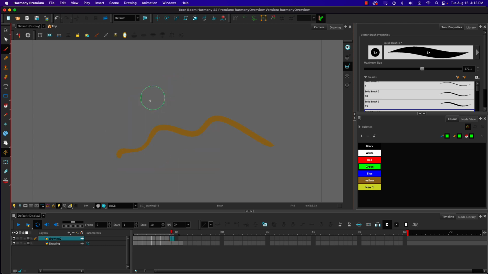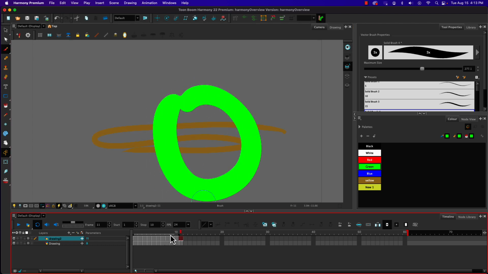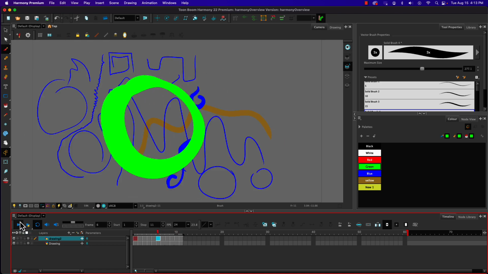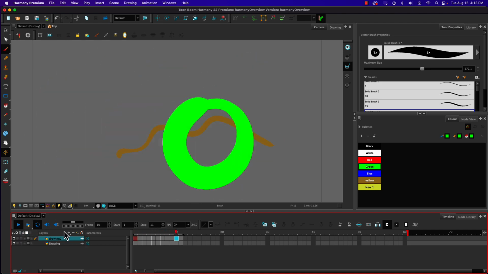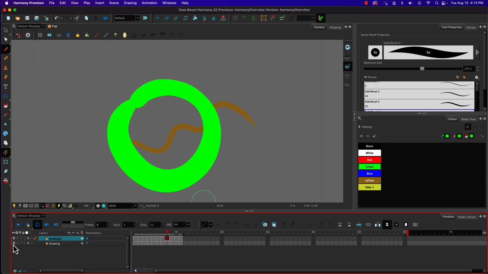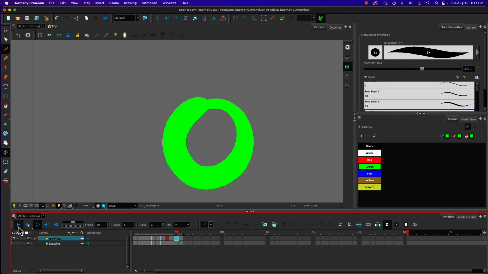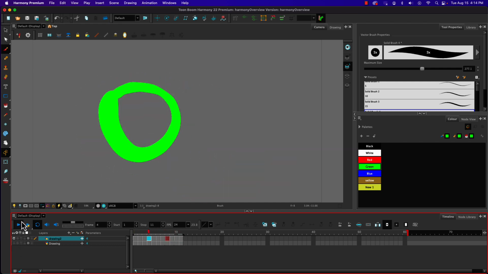to navigate while you are drawing, so that you don't have to draw something, click down in the timeline, draw something again, click down in the timeline, because ultimately that's just not really fun. So now I have 11 frames, so I just changed my stop to be 11. Now you can see how that works. Now if I turn off my first layer and just look at the green ball, we can see how it's